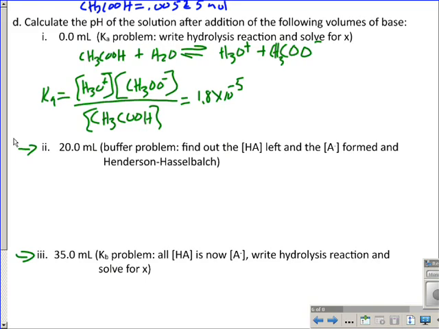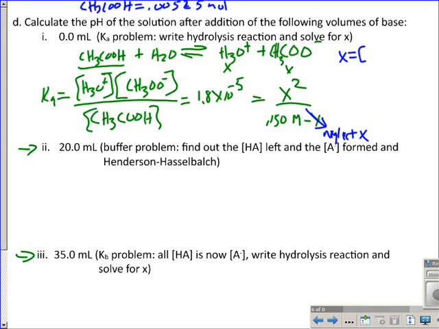Now, this is a typical ICE box problem. As this dissociates, I'm going to get x of these and x of those, so that's going to equal x squared over my original concentration. So going back to the original problem, what was the concentration of my acetic acid? Well, that was 0.150 molar minus x, because that's going to go down by however much those went up by. Now, at this point, we do our typical neglect x. To avoid the quadratic equation and make the math easier, we're going to take the square root of 1.8 times 10 to the negative fifth times 0.15, and that will equal x. So for this particular problem, x, which remember is H3O plus, is going to equal